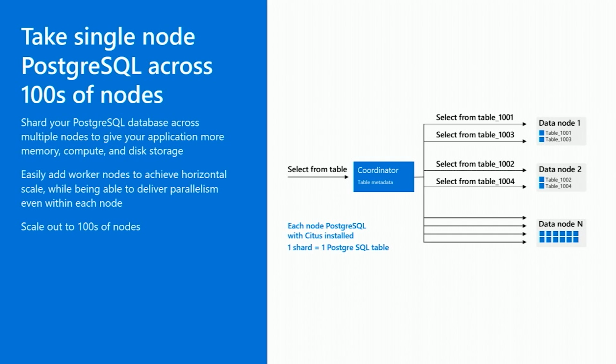So let's say we create a table called transactions. And then you would tell Citus that, hey, I want to shard, that is distribute, this particular table on a particular column. So let's say we shard the transactions table on the company ID. And that's what happens typically in multi-tenant applications, where the tables are sharded on the tenant ID, which is an identifier for the tenant. It could be the company ID, the organization ID, or customer ID. So here we are sharding the transactions table on the company ID.